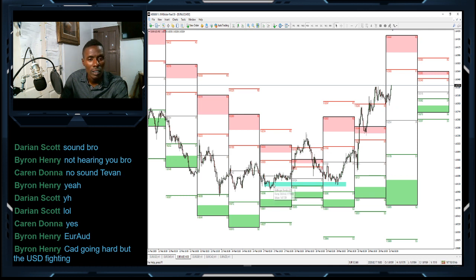17th, 18th, you get a trade right here, but possibly you'll get stopped out, depends on where you put your stop. Right? Boom. 19th, get the trade. Should have